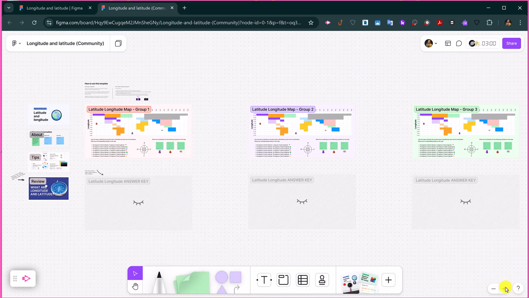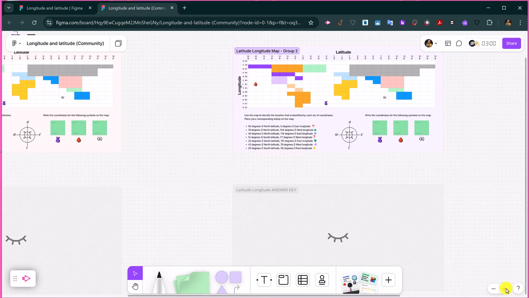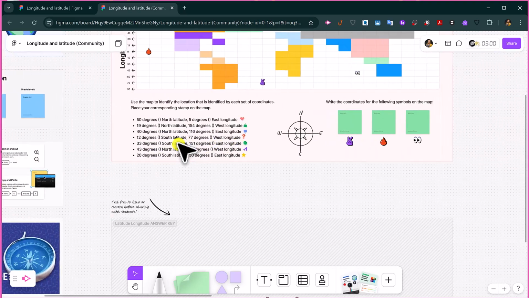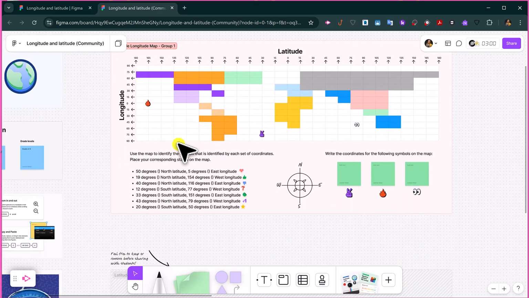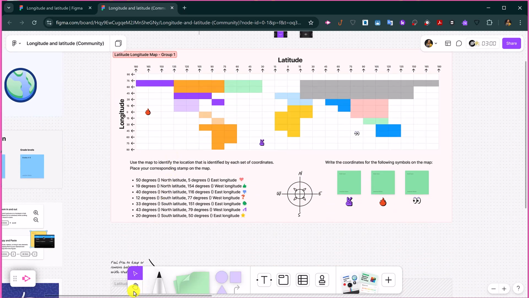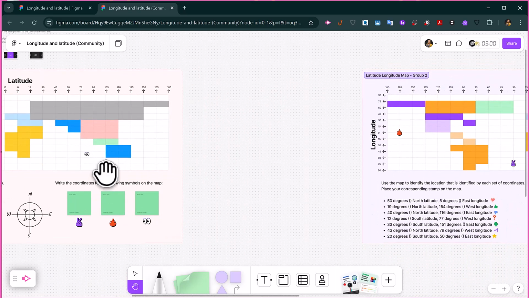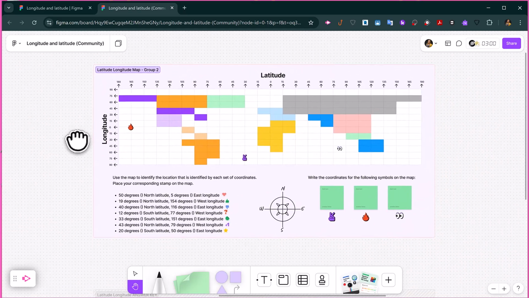Over here in the bottom right corner, you can click Zoom in, or you could use your trackpad or the touch screen. You could use 2 fingers to scroll around and move up and down, or you could switch to the hand tool down here by clicking H on your keyboard or clicking the hand with your cursor, and that's going to allow you to drag and drop and move this canvas around so that you can better see the